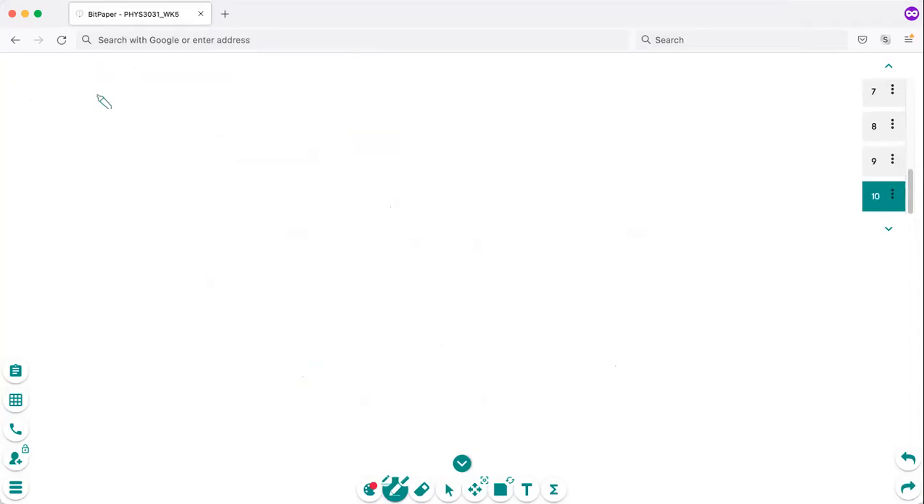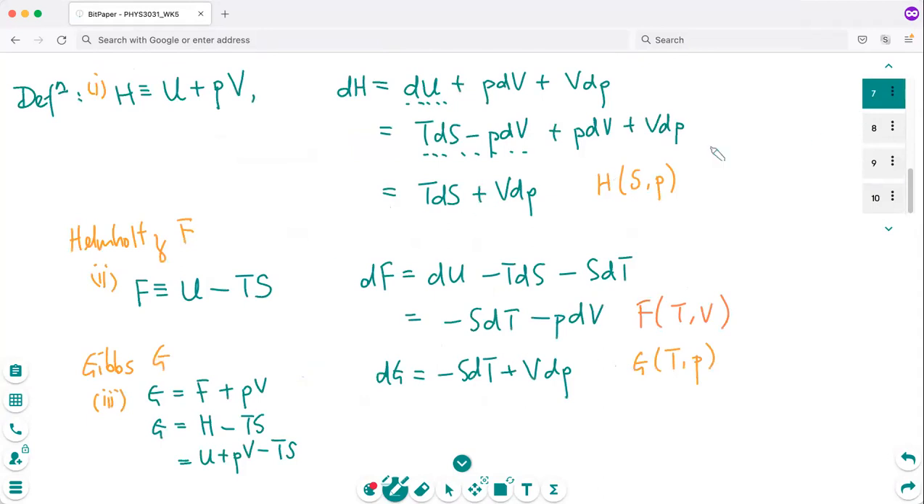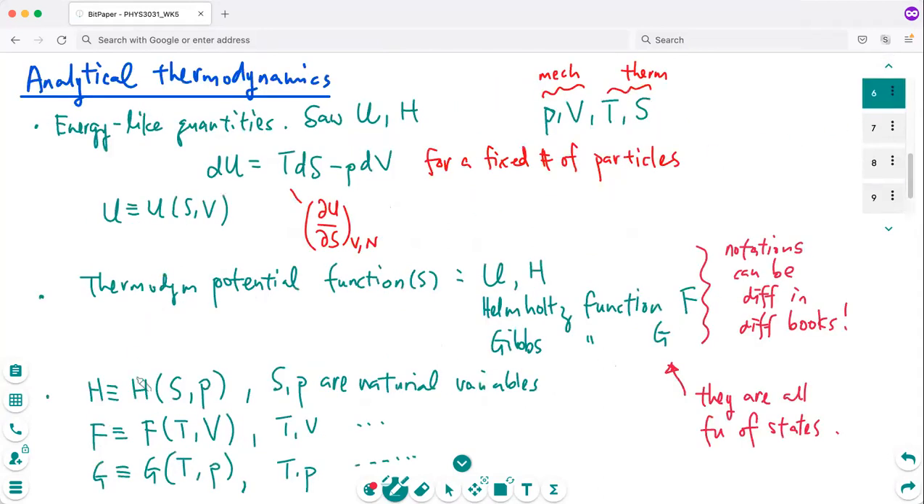Right now, I wrote down all these definitions. I gave you the goal. I told you what I want to achieve. I told you I want to achieve this kind of situation when I have different natural variables. That is to say, when I have different constraints placed on my system, I want to have a different starting point, and those will be my newly introduced thermodynamic